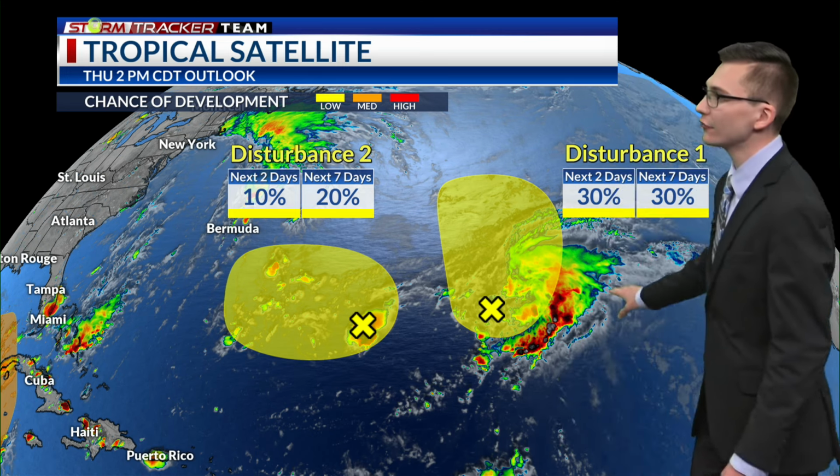way through the list. So right now, though, we are currently monitoring 3 areas of some potential development, 2 of them being over the open Atlantic, this right here being the remnants of Gordon, another low pressure just off to the west, and then an area to monitor as we go into next week in the northwestern Caribbean. So starting off with the 2 disturbances in the Atlantic, like I said a second ago, this right here is